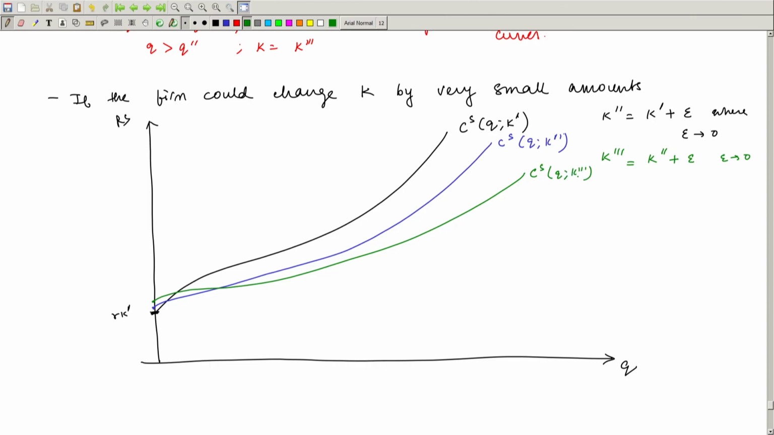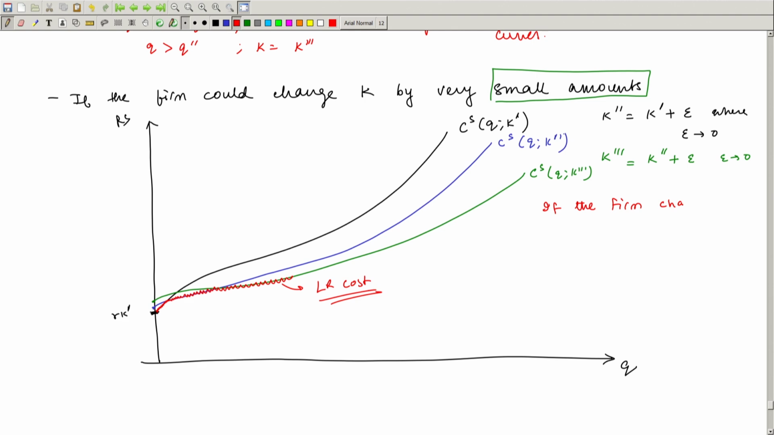So, notice if you can change capital in infinitesimally small amounts, as small as you can think of, then the intersections between subsequent short run cost curves are going to be very close and we will not even be able to see them. In such a case, what is going to be the long run cost curve? Well, the long run cost curve simply is going to pick the lowest portions of the corresponding short run cost curves, the one in red. So, this is going to be the long run cost, which is why I said that when k can be varied by infinitesimally small amounts,